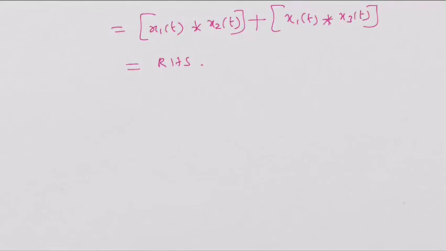I hope you have got a clear picture about those topics. So we have covered CT convolution and the basic steps involved in performing the convolution, and we have told you about the convolution of impulses with arbitrary signals, how to compute the response of a continuous time LTI system using impulse response and convolution integrals, and how to obtain the unit step response using convolution integrals, especially if you know the impulse response of the system. The properties of convolution along with their proofs have also been illustrated so far. Thank you.